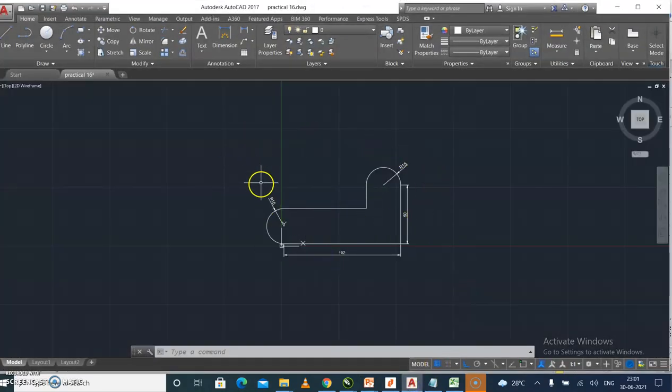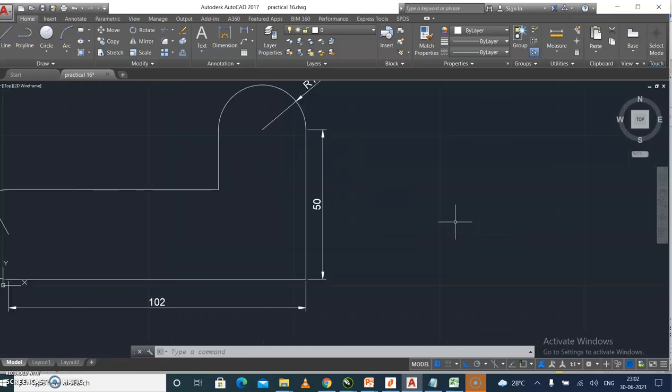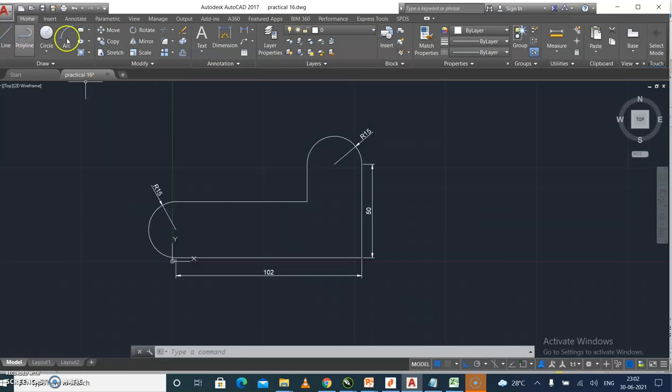Okay. So this is the diagram we can draw by using AutoCAD. So first select the line, then after selecting the line, specify the point and draw the line. We can write here the dimensions. Suppose I will take 100.